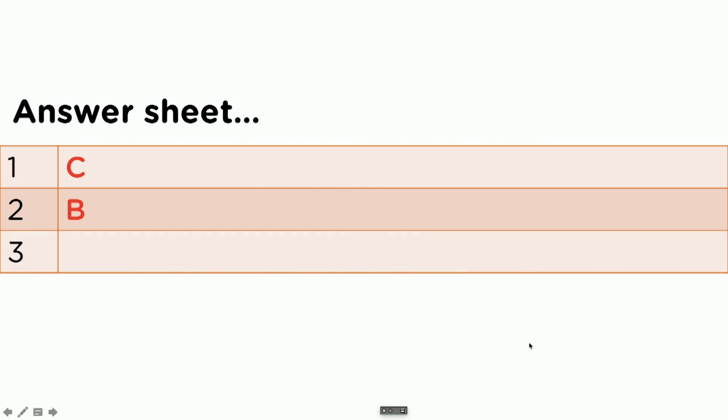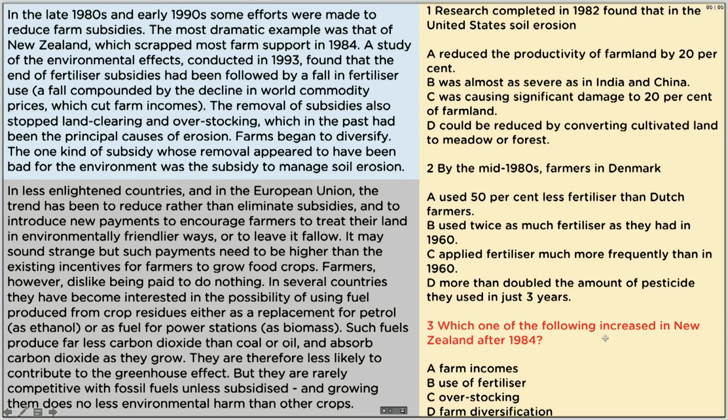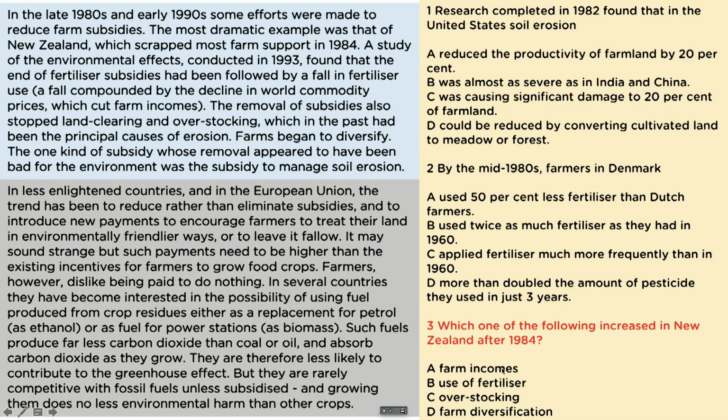Let's push on to question number 3. So on your answer sheet, you should have C and B. Okay, number 3. Which one of the following increased in New Zealand after 1984? So what are the key words here in the question prompt? What would you look for in the text? Well, certainly New Zealand is a good one. 1984. But the key word that's driving this question is which of the following increased, in New Zealand after